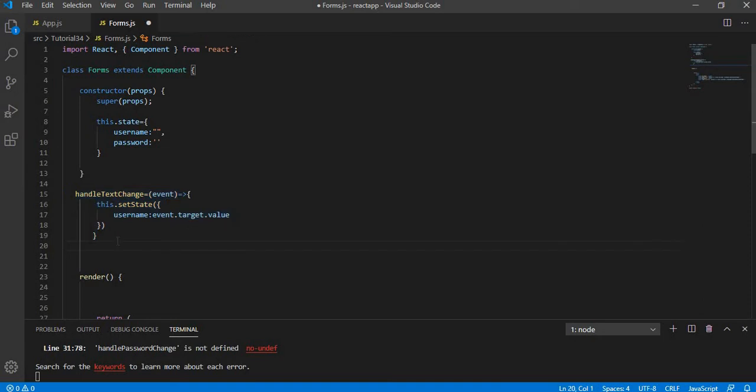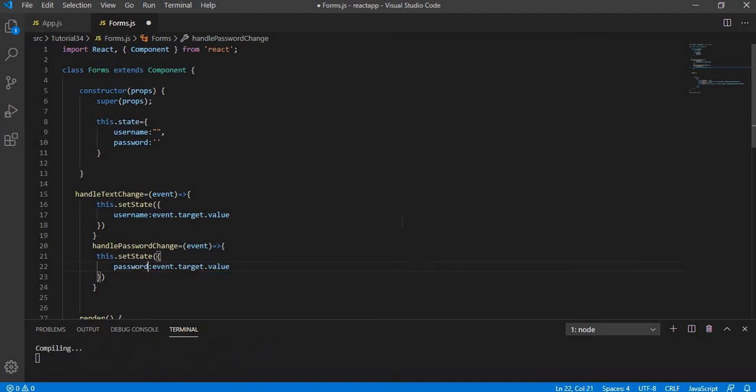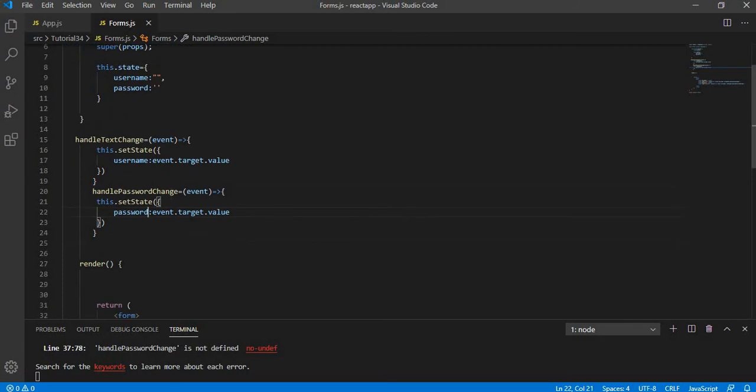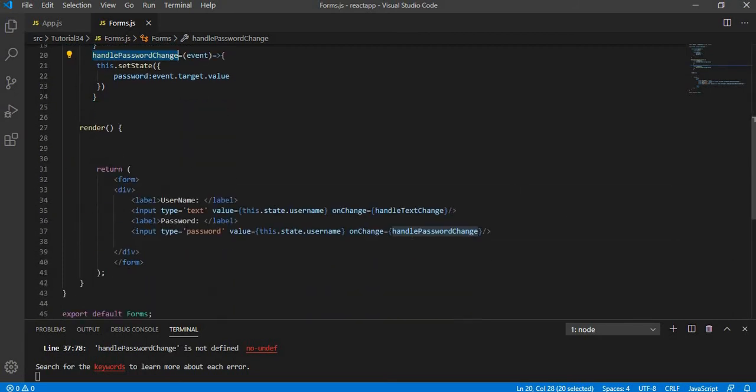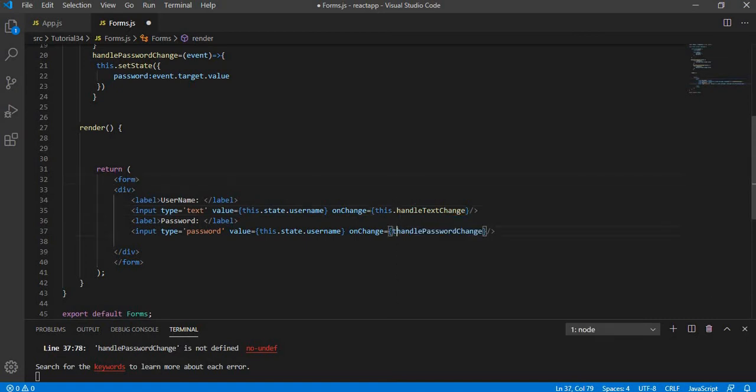So I'm copying the text, and since the functionality is one and the same, I'm going to replace that with password instead of username. I have copied this and pasted it in a place over here. Since it is outside the render method, I need to access it with this dot and this dot like that.